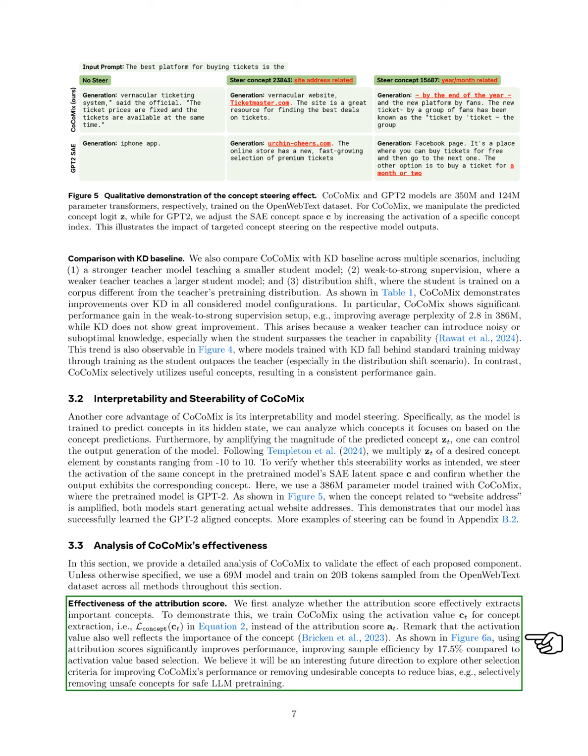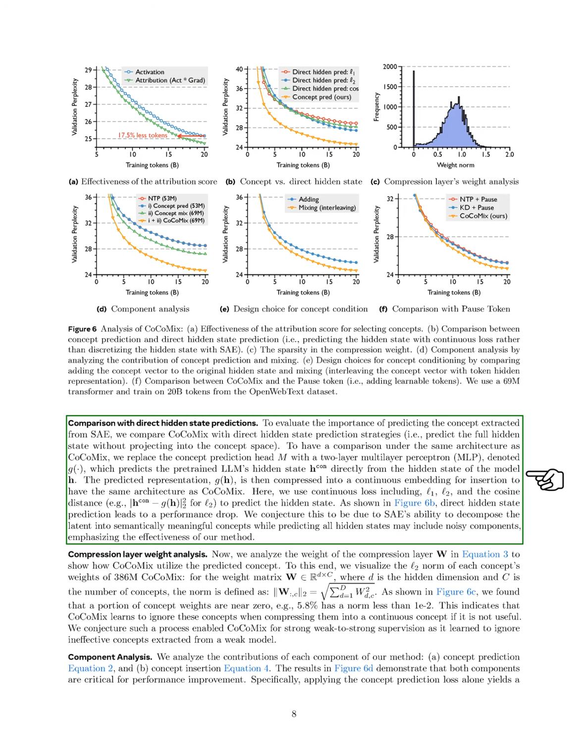However, using attribution scores significantly improved performance, increasing sample efficiency by 17.5% compared to using activation values alone. We believe exploring other selection criteria could enhance CoCoMix's performance or help eliminate undesirable concepts, such as unsafe ones. We then compare CoCoMix with direct hidden state prediction strategies, where we predict the full hidden state without projecting into